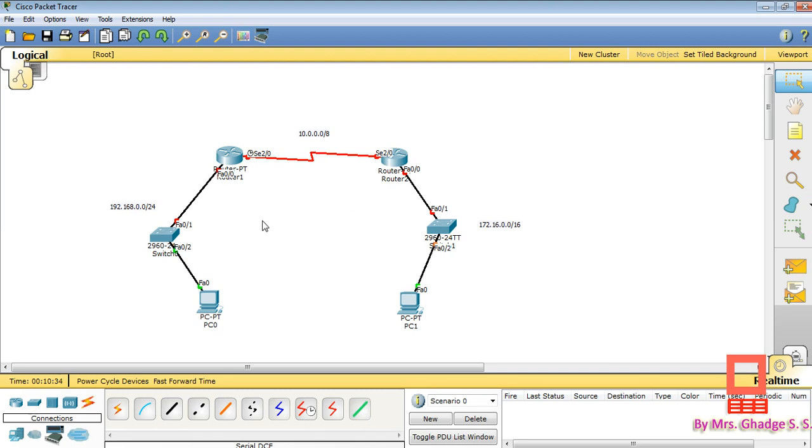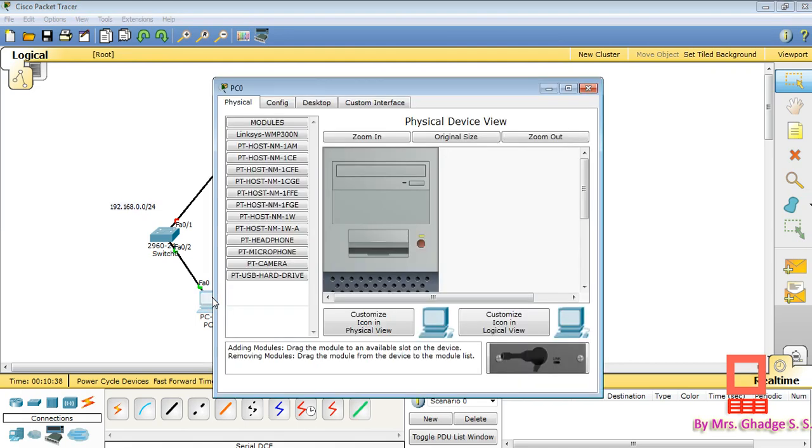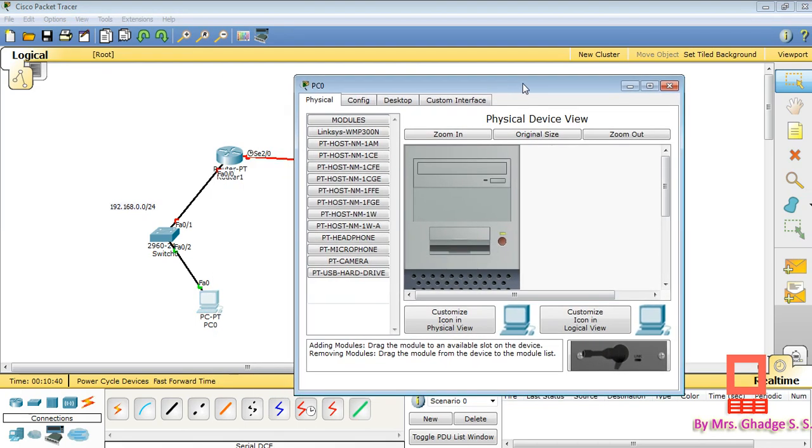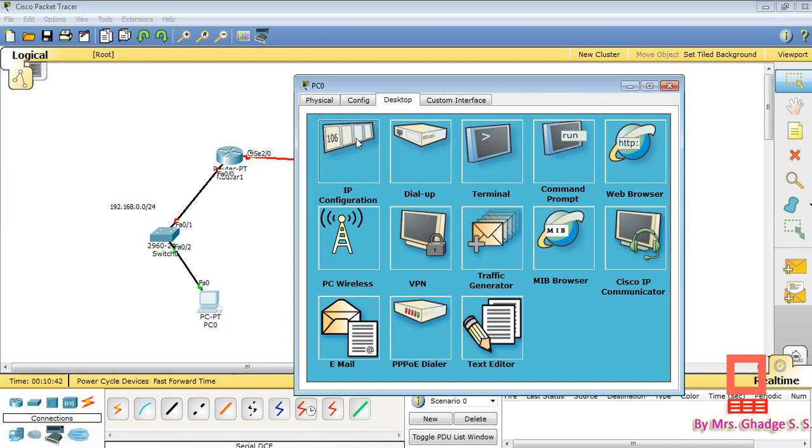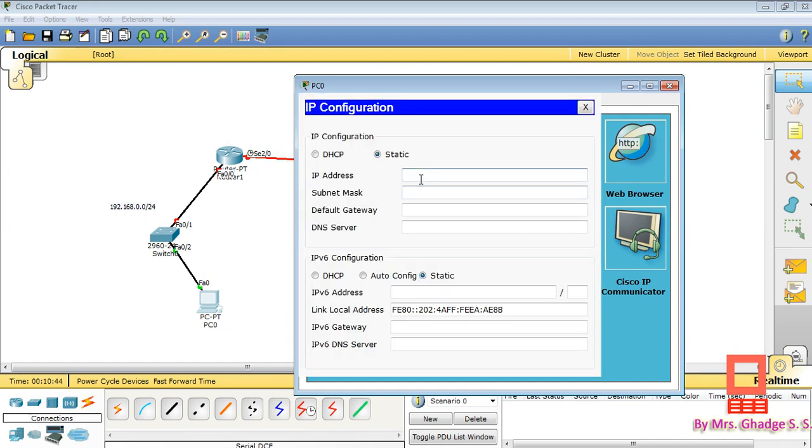Now let us configure it. First for PCs, in Desktop, IP Configuration, we need to write the IP address. Suppose here we take the IP address 192.168.0.2. Then the subnet mask is 255.255.255.0.